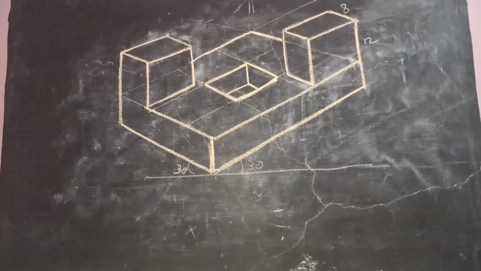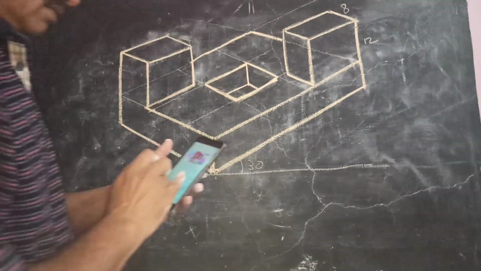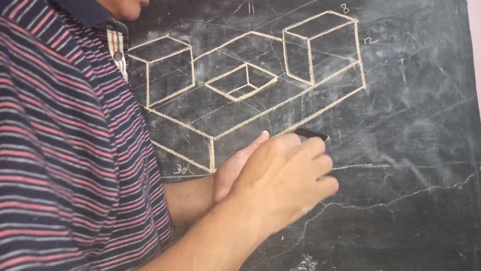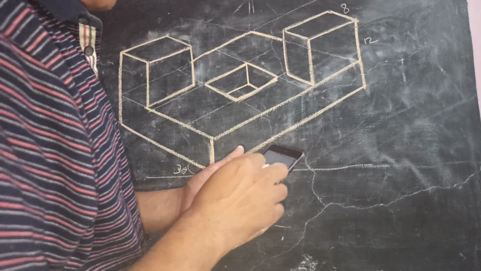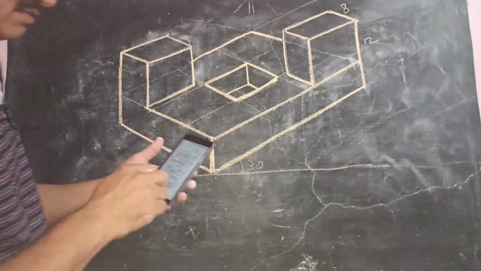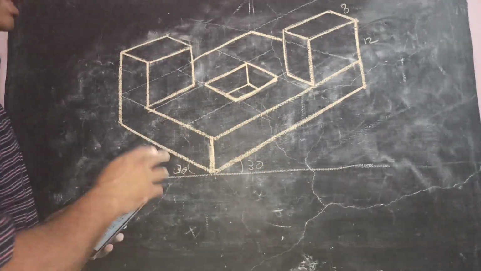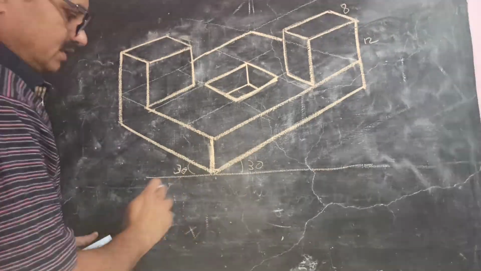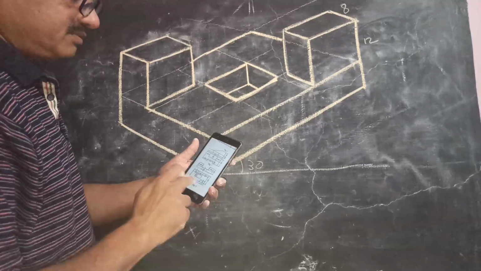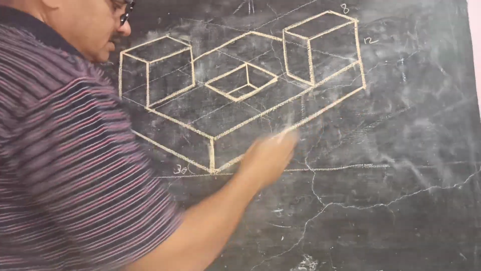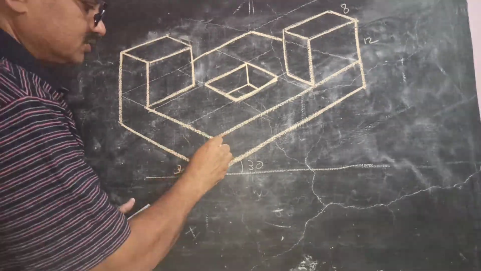isometric of the problem which is given in your drawing. This is the first problem we have seen in orthographic also, and the same problem we have seen in isometric. We have converted this top view, front view into a 3D diagram. How we have converted that I have told you. Again I will repeat. Draw a line, then at 30 degrees draw a line of the length of this problem, that is 56. Then the height of this base or the platform is 8. So this is 8.